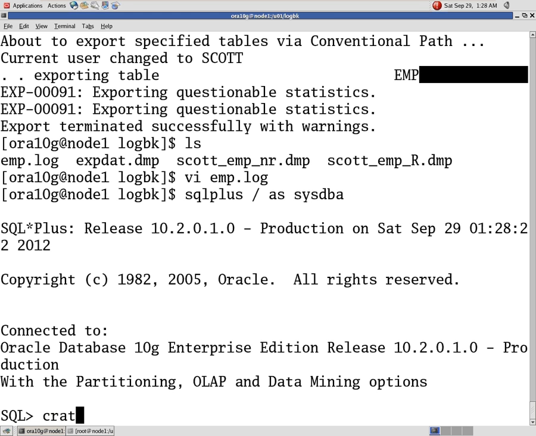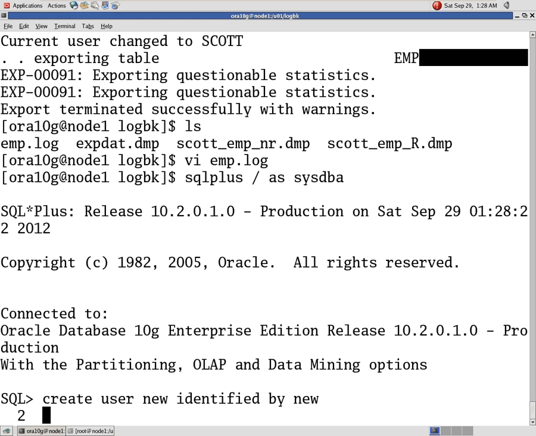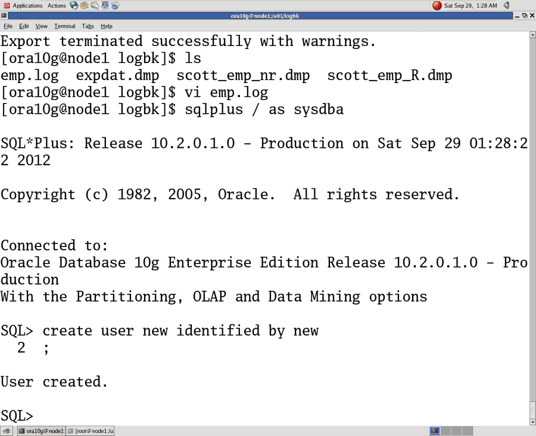So we'll create a new user. Create user new identified by password new.